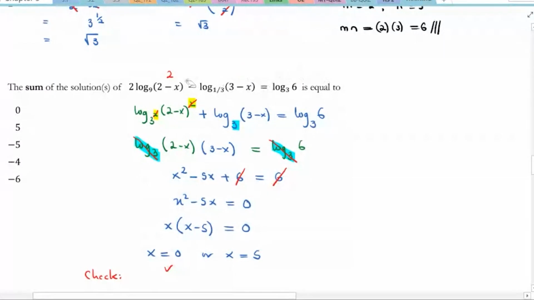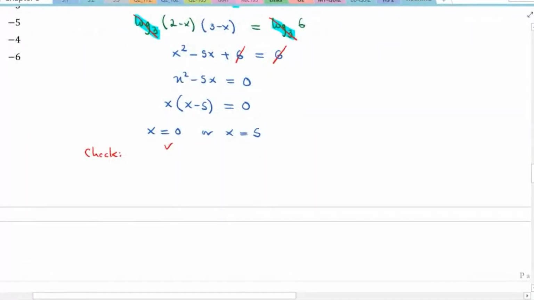How about 5? If we substitute x equal to 5 here, we are going to say 2 minus 5, which is going to be equal to minus 3. The argument cannot be negative. This is impossible. So because we can find one impossibility, this is out. It is rejected. So we have only one